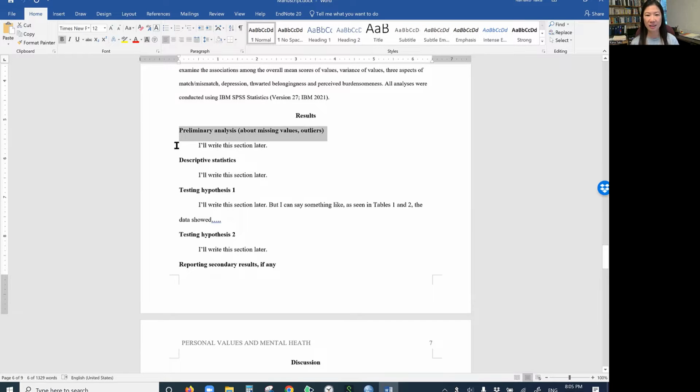For the results section, the only thing I have to be careful about is that the focus should be to report the actual results, the findings, instead of talking so much about my emotions. Sometimes we get excited if our hypothesis was supported and want to start talking about it.